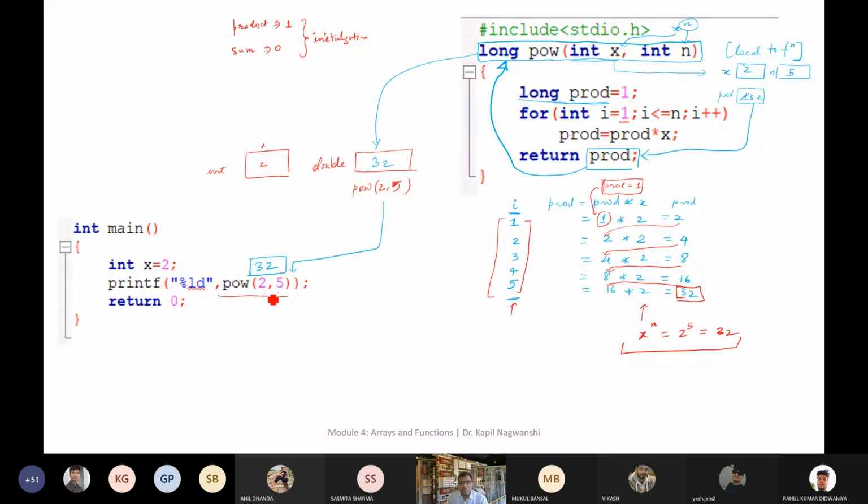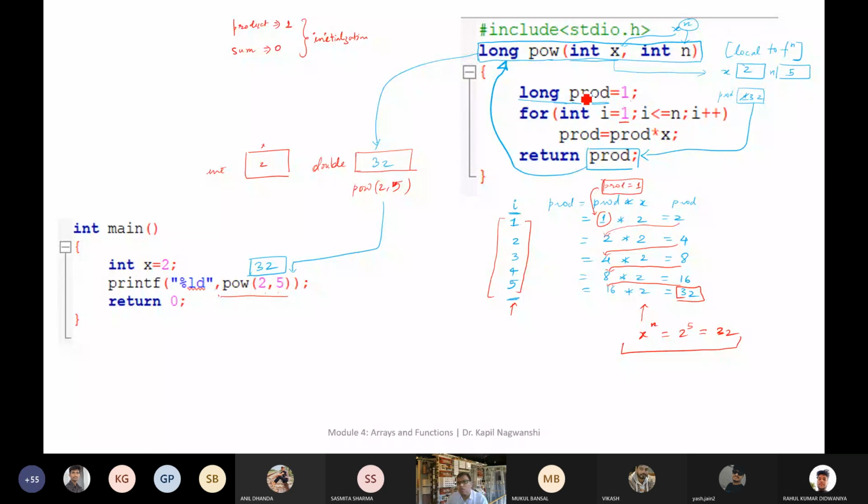Okay, like power(2, 5). So this function will search for whether the power function exists or not. It goes to that function power and takes the arguments correspondingly. So the value of x will be 2 and the value of n will be 5. Now initially, because we need to multiply some terms, the product is initialized as 1, and we start with i equals 1 up to n, because we are calculating the power up to n, and i plus plus. So these are the iterations 1 2 3 4 5.